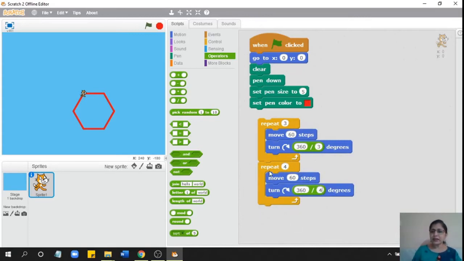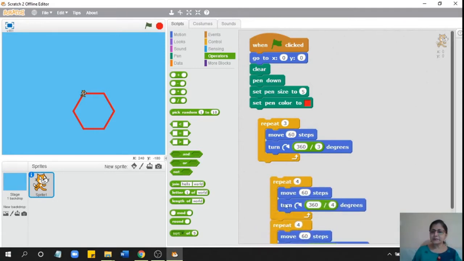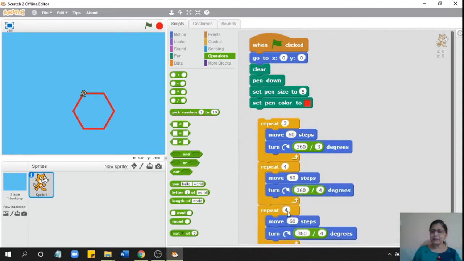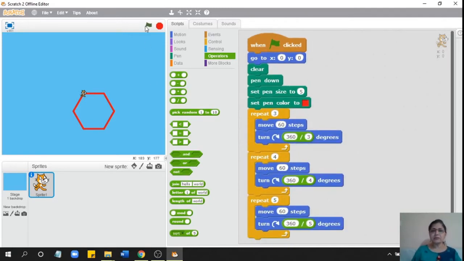Then again I will copy this and say 5 sides. And this is the way I will do it for as many times as I want. But this is not a correct way of writing. I will show you a better and easier way.